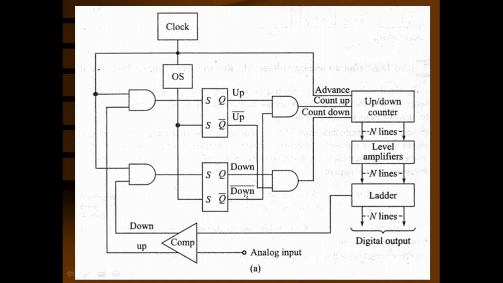That means the down bar is going to be 1, and that down bar is one of the inputs, up is the other input. When both the inputs are high, the count up line is going to be high. Similarly here, because this flip flop is going to be reset, the Q down input is going to be low, and the up bar input is also going to be low because it is set. So the output of this gate is going to be low. So the count down line is going to be low. The count up line is going to be high.